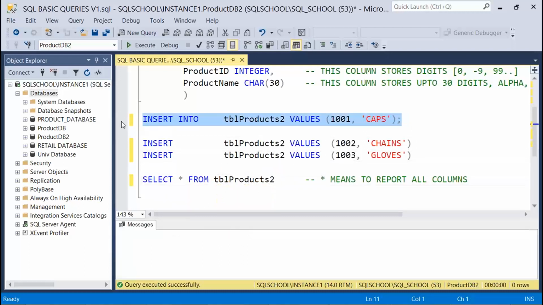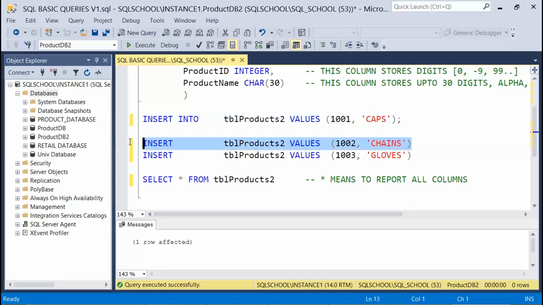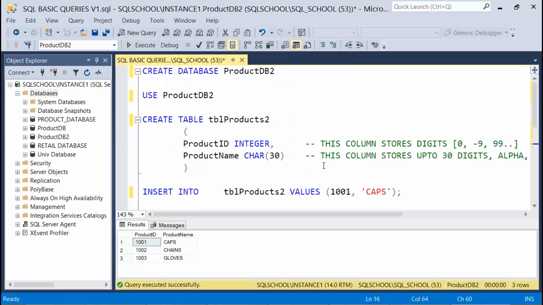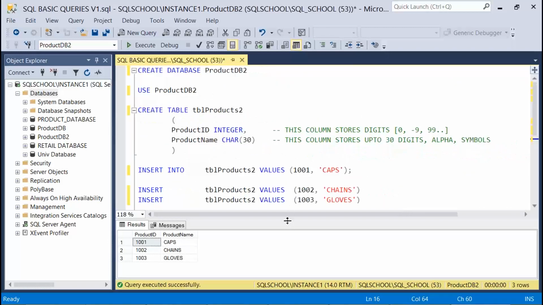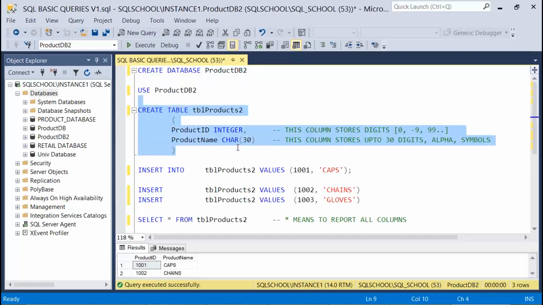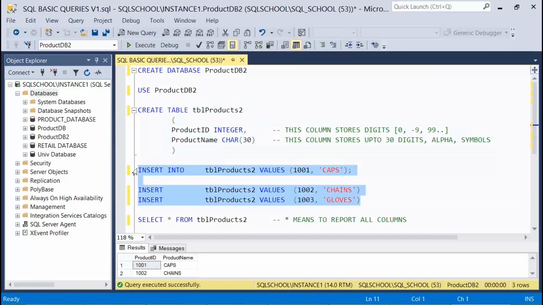Either one statement at a time or multiple statements. Finally select. This hyphen means comment. Remember, hyphen means comment. With this information, we learned basic examples on database creation, table creation, data insertion,